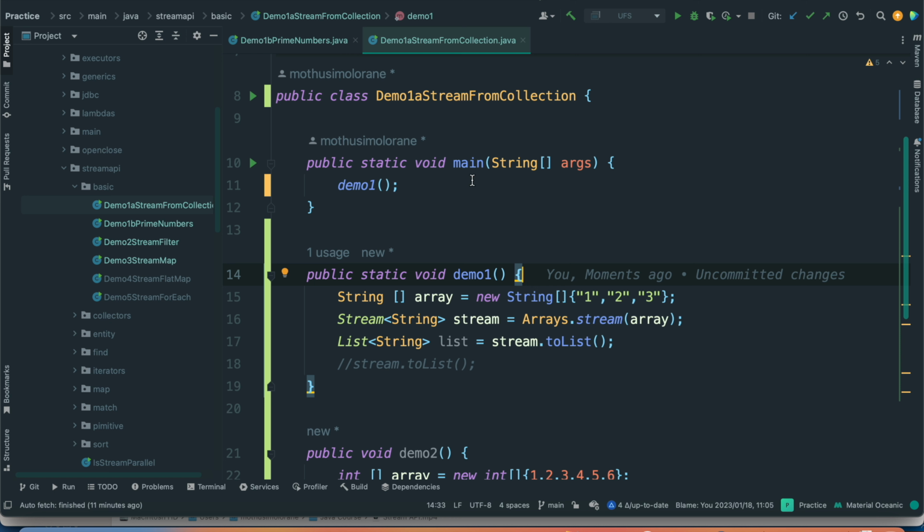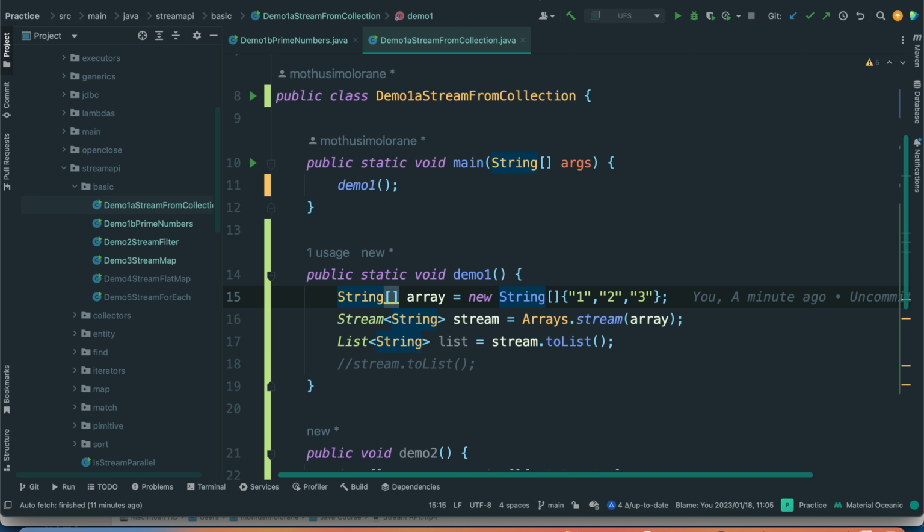So as we start with streams, we want to look at the basics of streams, and that basics will include things like how do you construct a stream, given a list of elements, how do you construct a stream? Given an array, how do you construct a stream? And how can you convert a stream back to an array, to a list, and things like that. So we are going to begin with